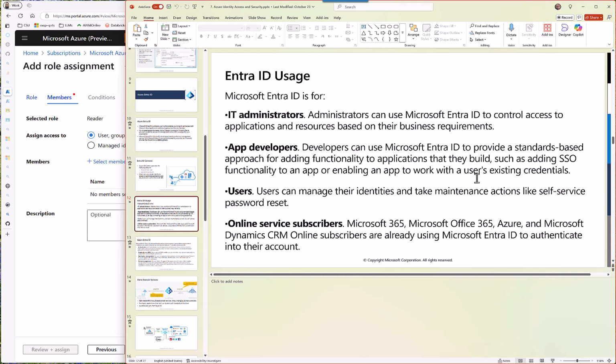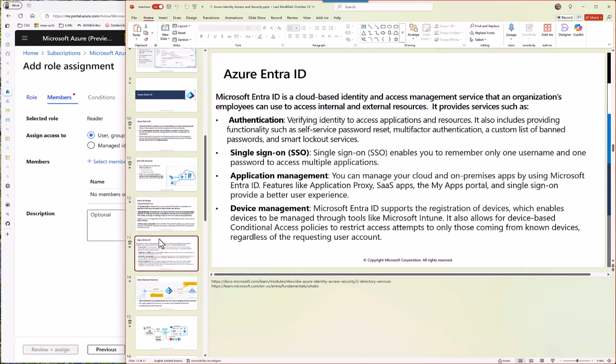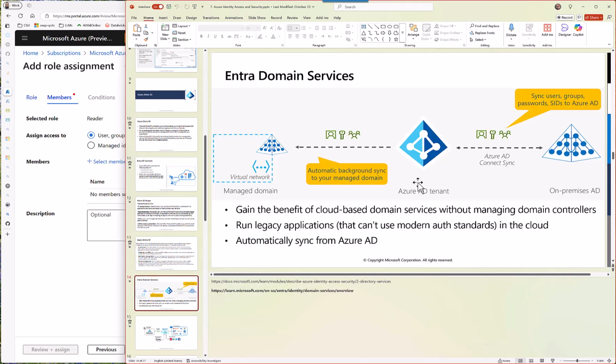So we need to understand what IT administrators can use this for, app developers for, and of course users. आप जाके अपना पासवर्ड रीसेट कर लो, अपने सेल्फ सर्विस एट्रीब्यूट्स अपने चेंज कर लो, अपना एड्रेस, if the company allows you to change your address, phone number and what not, right? So it can allow you to do all of those things. Again, this is what we discussed already. फिर हमने बताया था कि ये मैंने अगेन क्विज का क्वेश्चन था बेसिकली।